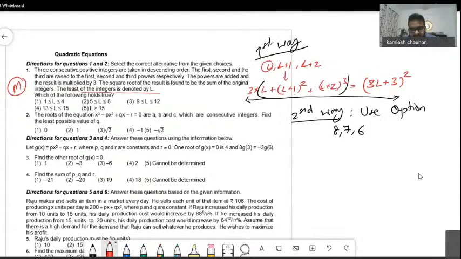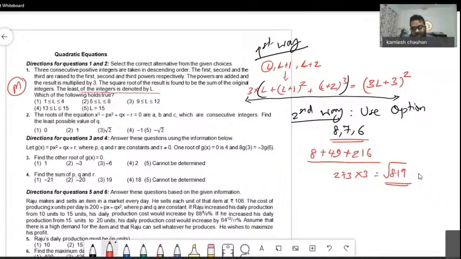Now, if you take numbers in this form, let's say 6, 7, 8, or 8, 7, 6, then we are supposed to find this. So what we can do is write 8 plus 7 square is 49 plus 6 cube is 216. This whole summation will be 273. We have to multiply this with 3. We'll get 819. This number is close to